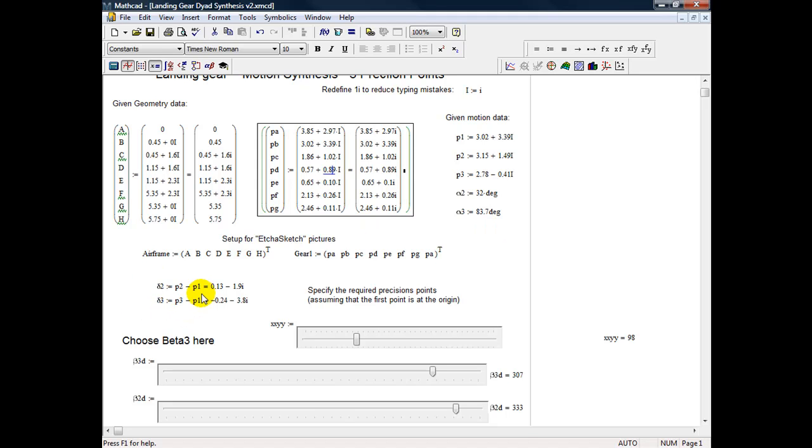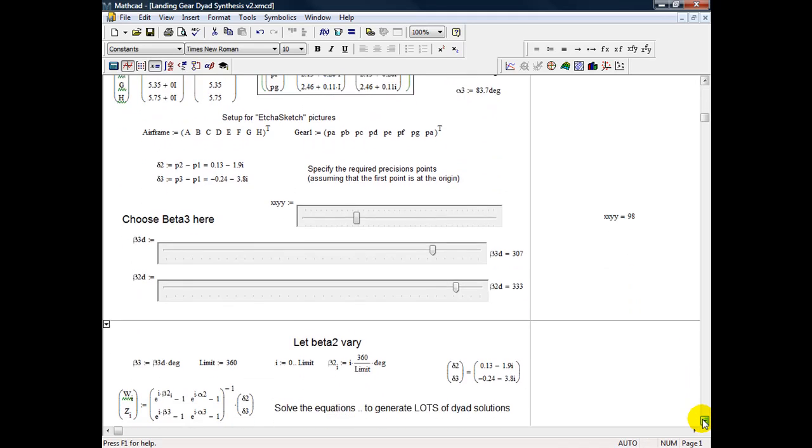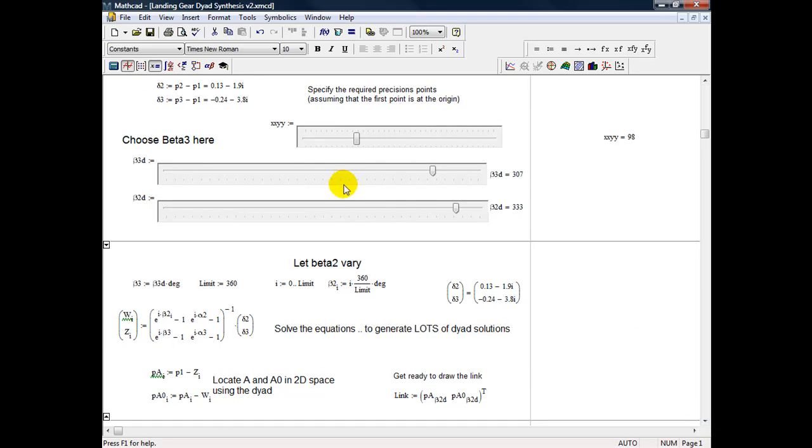Calculate the deltas. Choose my betas in advance, before I even need them. I'm going to get rid of that stuff too. Now,